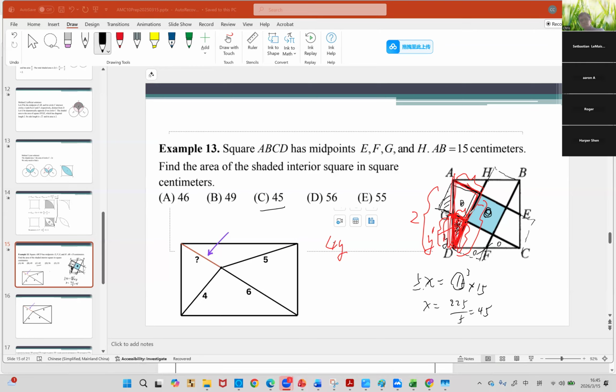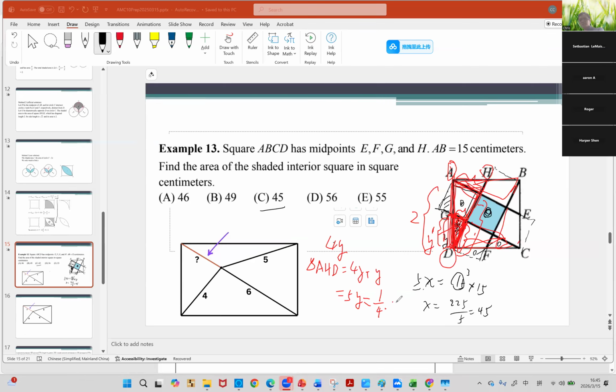Okay. So that means this whole thing is 4y, 4y, 4y. And then what about this area? What about AHD? So AHD, isn't it just 4y plus y? It's just 4y plus y. And that's 5y. Correct? So 5y equals what? We know AHD area is just 1/4 of the total area,